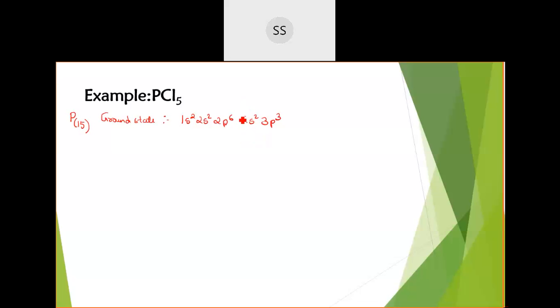Yes, the third one. We will not be considering the 1s, 2s and 2p orbitals because these are core electrons and they are inside. The electrons or orbitals in the valence shell are the only ones that have to be considered. So your 3s and 3p are the ones we need to take. I'll put a bar over here, indicating that only these should be involved. Now we will distribute the electrons in the orbitals. I take the s orbital which has 1 division, and the p orbital which has 3 divisions. In the 3s orbital I can put 2 electrons, and in the 3p orbitals, since there are 3 electrons, I can put one single electron in each.